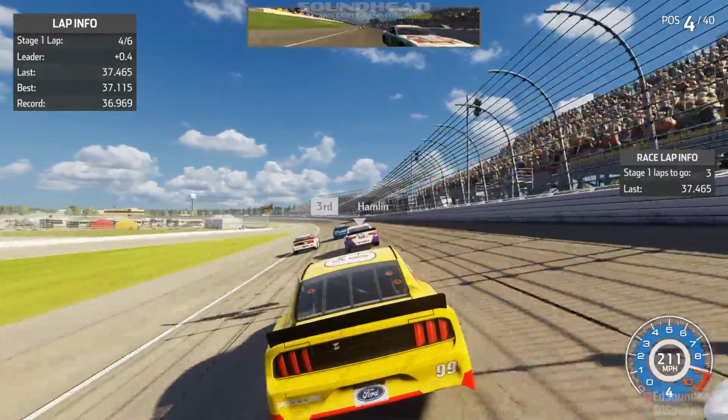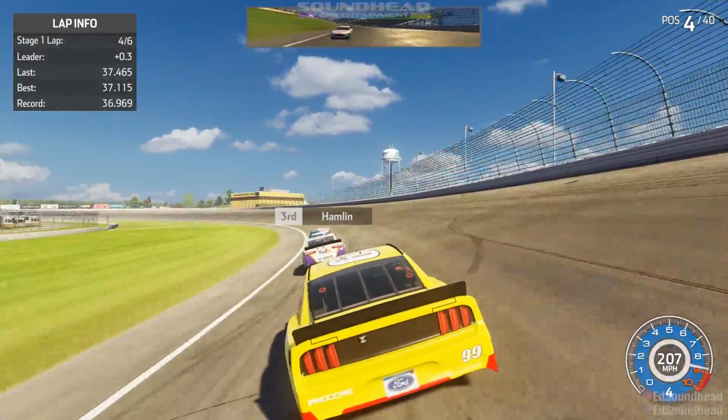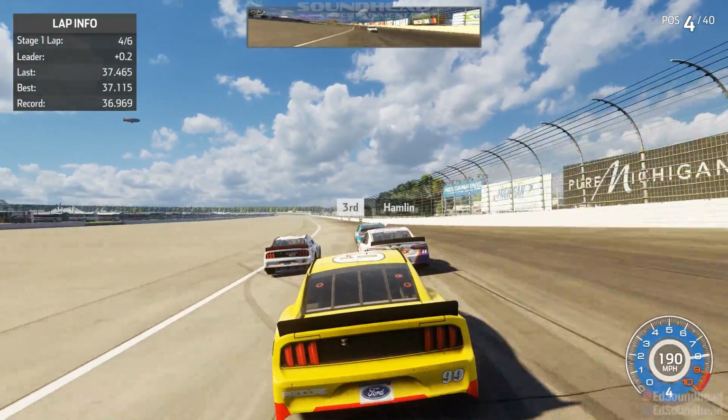Absolutely dominated the race in real life. You're clear there. And I thought it was a decent enough race. It was better than what I usually see at Michigan. And I'm a little bummed that I didn't get to see it, I guess, but I'm not heartbroken that the rain out